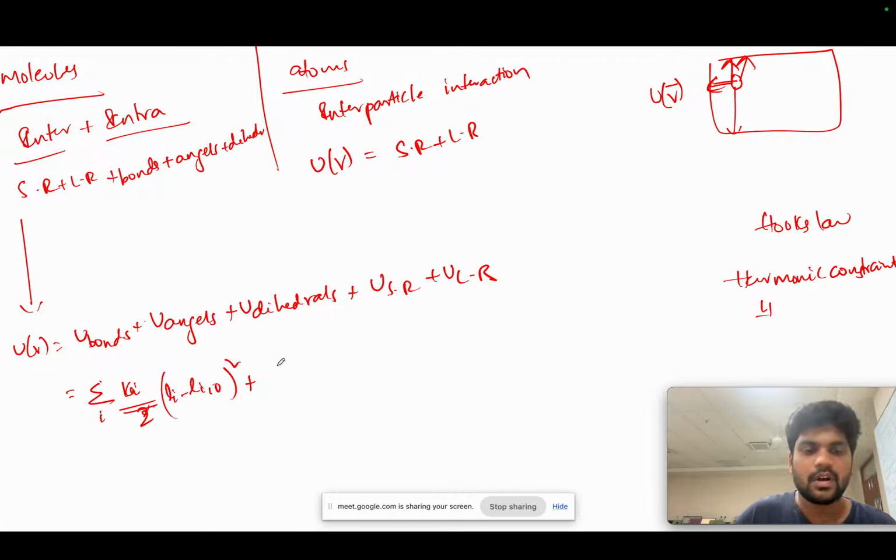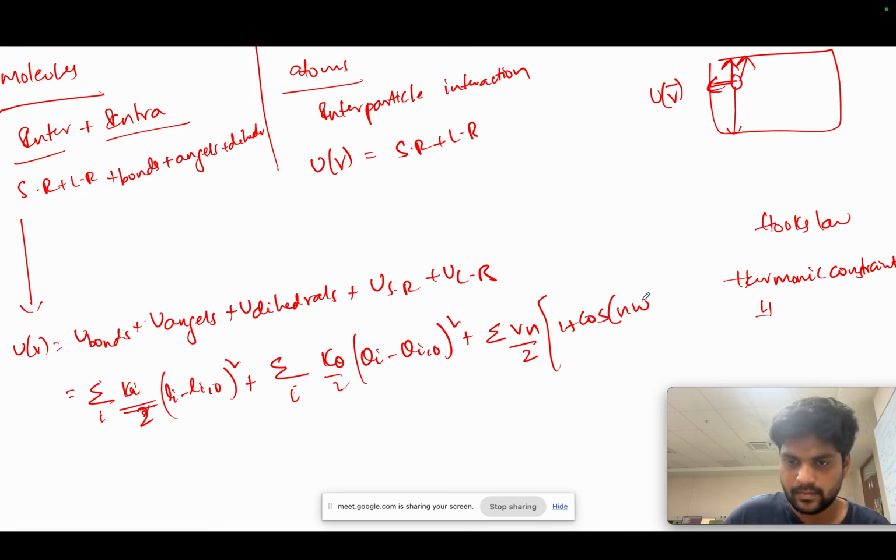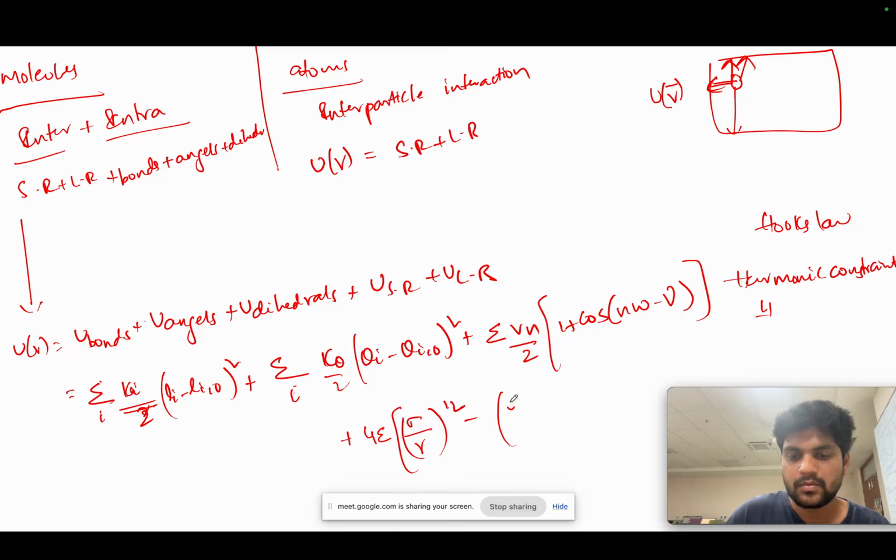So Li minus Li comma R, then k theta by 2 of theta, and then once again, plus the short range, which is nothing but LJ interactions, and then long range is